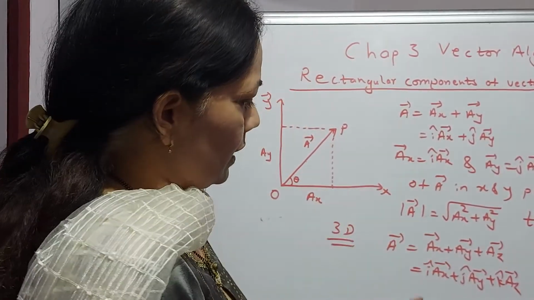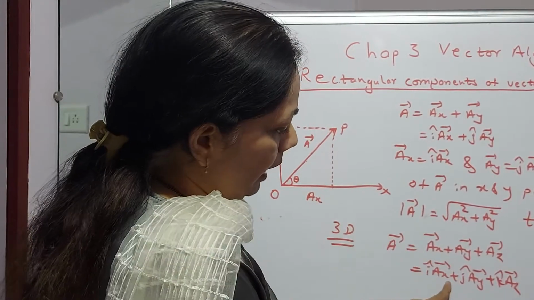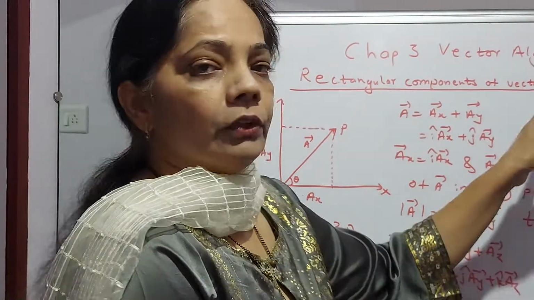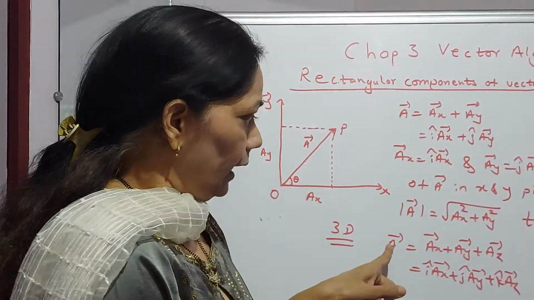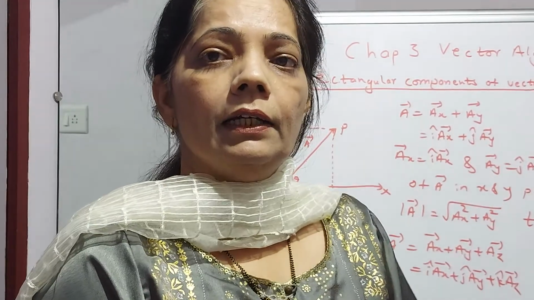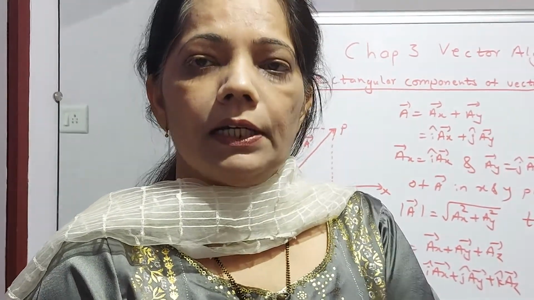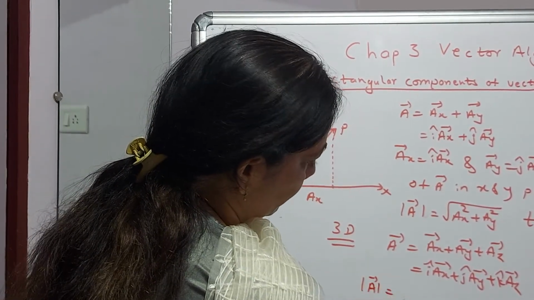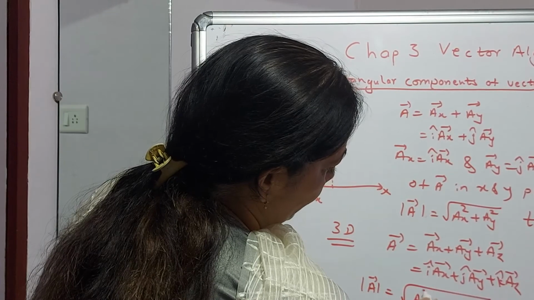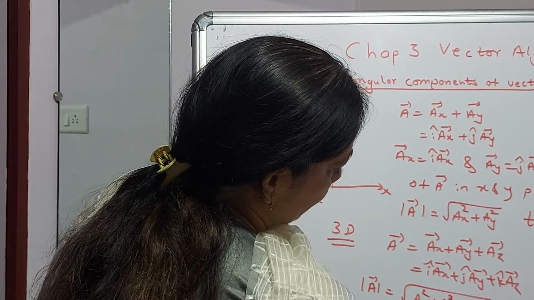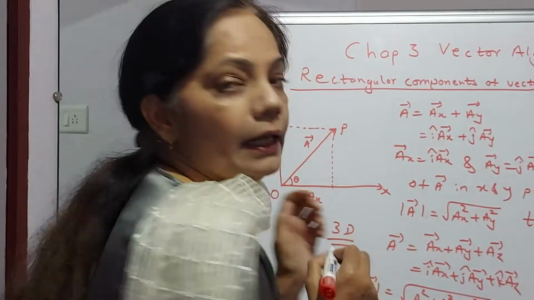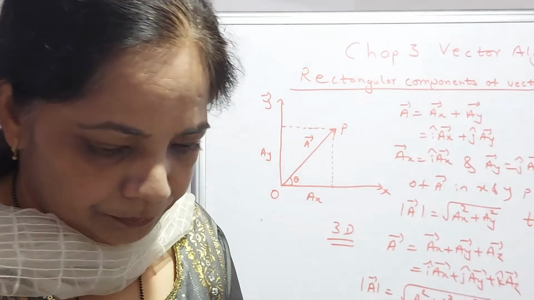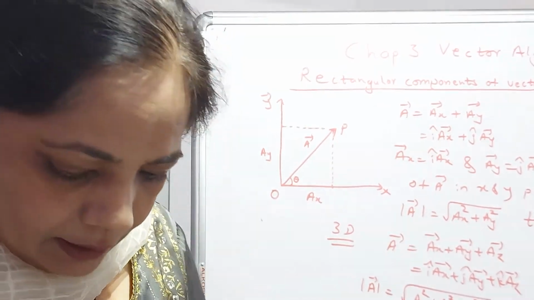Correct? So in this case, I can say AX is equal to iAx, AY is equal to jAy and AZ is equal to kAz, the rectangular components of vector A on the XYZ axes. Correct? In that case, the value of mod of A will be under root AX square plus AY square plus AZ square. In this way, we can write it very clearly. Correct? Next, we will try and write